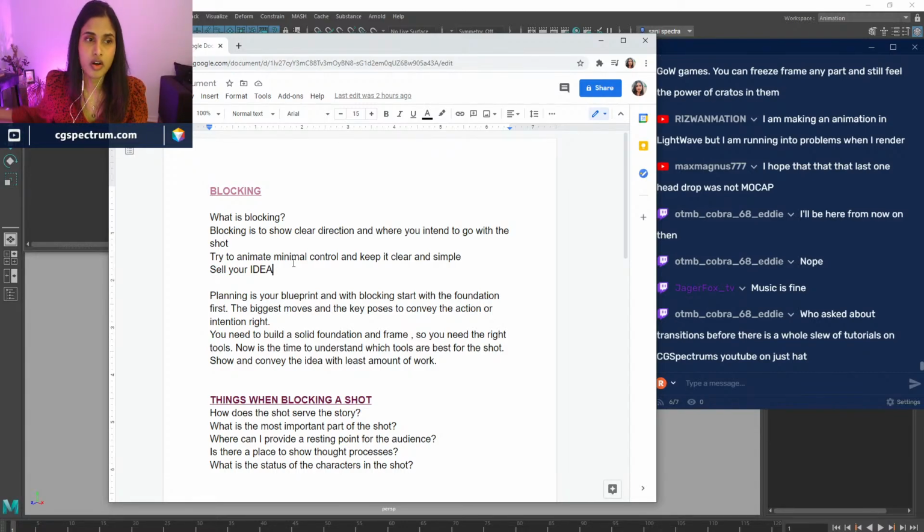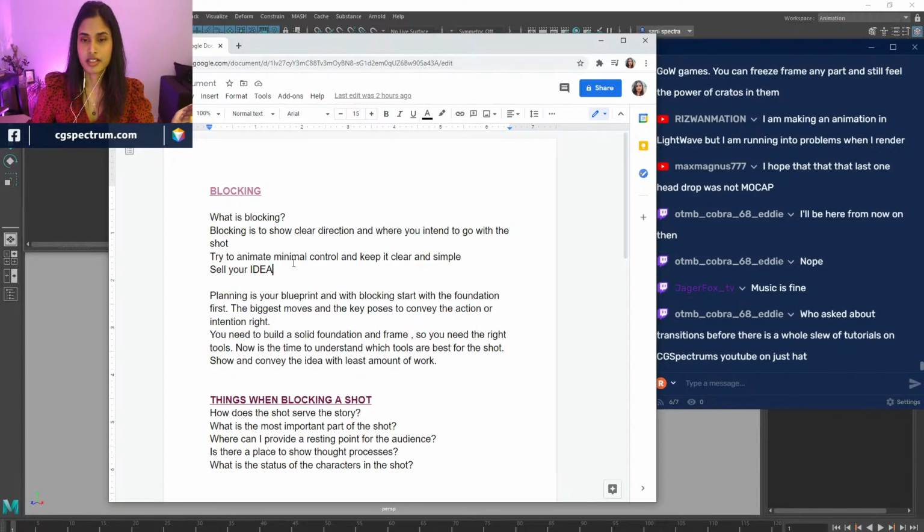So instead of wasting all that, you want to use just a minimum move to get that movement and see if it's working with the character or not. You'll be the best judge and make quick decisions rather than sitting there. And if you're working in the industry, at the blocking stage, your idea should be clear. You don't want stick figures moving like robots, but with minimal controllers you want to block out your motion.